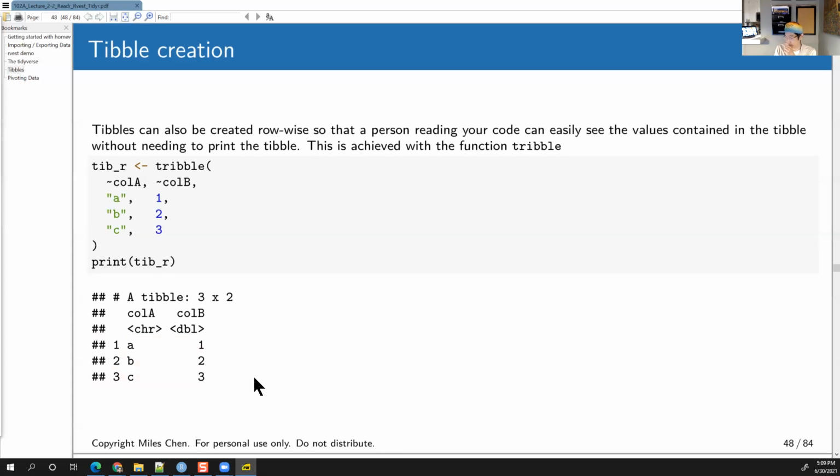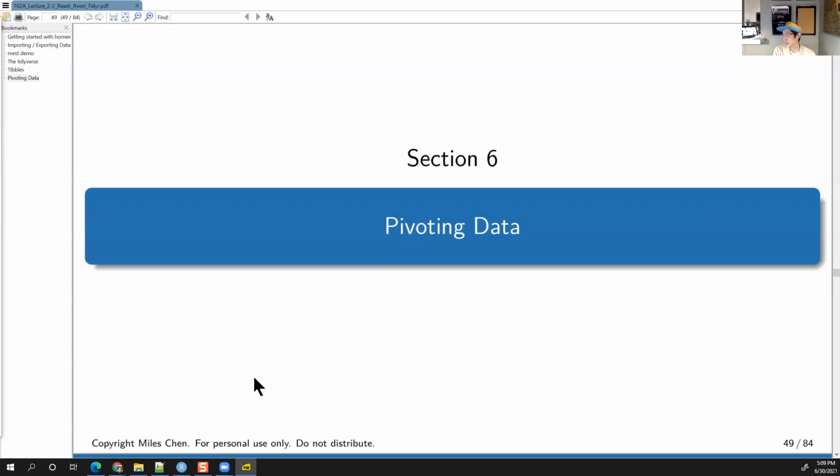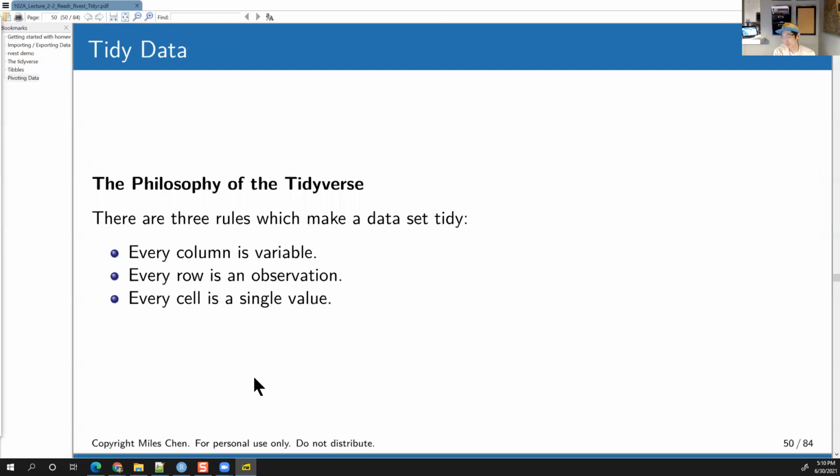Okay, so that's it for tibble creation, and the rest of today's lecture is going to be about pivoting data, which is, I think, an important concept, especially when you're dealing with values and you're reading in data from different sources. They might be in some kind of structure or format that is not conducive to the analysis that you are